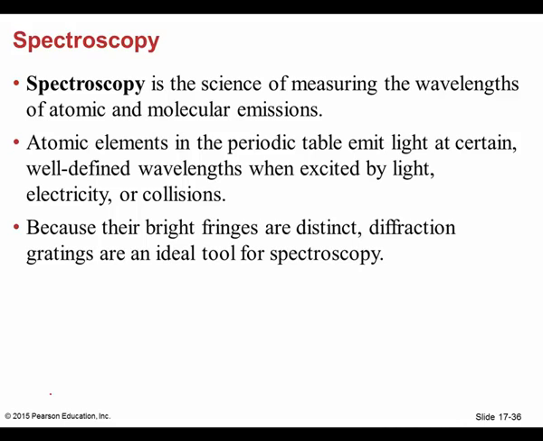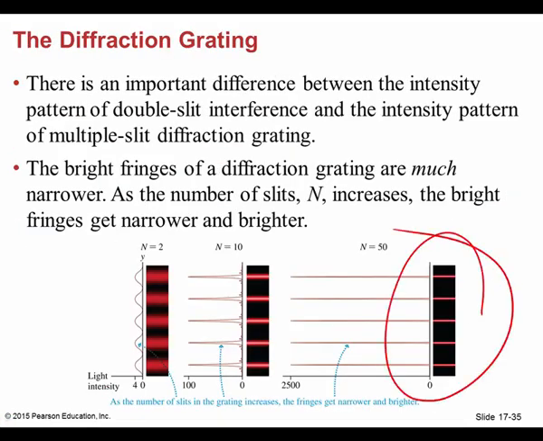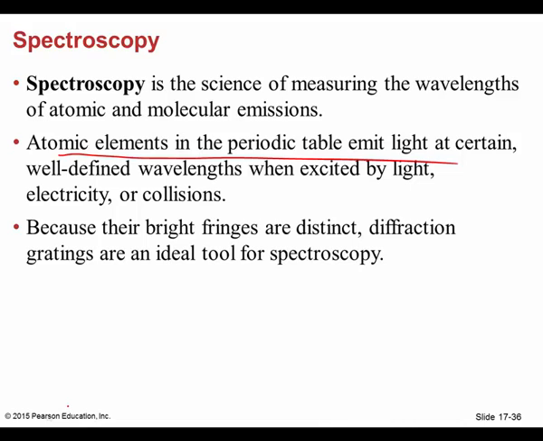All right, so spectroscopy, I'm getting ahead of myself. We're measuring those wavelengths. We are studying and measuring them at the atomic and molecular level, okay? So as I said just a second ago, each particular element on the periodic chart has a unique spectra, and you can use either what is called bright line emission spectra or dark line emission spectra. Again, it's going to look something similar to this right here. All right, now, again, why is this important? Well, I've already given you one example. If you've ever wondered how in the world the astronomers know that that star is predominantly hydrogen or that star is burning predominantly helium,